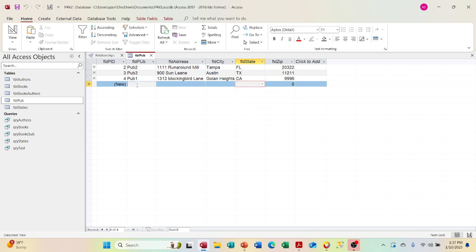So I could have a new publisher, pub 4, 110, 1010 Main Street, whatever that is. And Buffalo. And we're going to put the N in, but we're going to get New Jersey if we put the N in, so we got to select New York, unless we type both in. And we're going to have 10210. Right, so